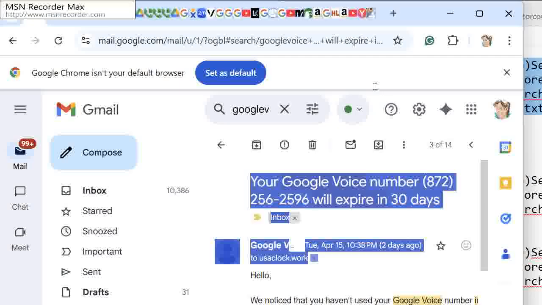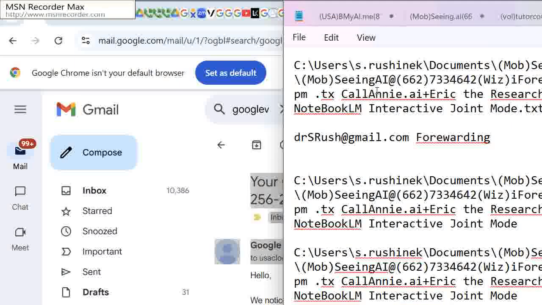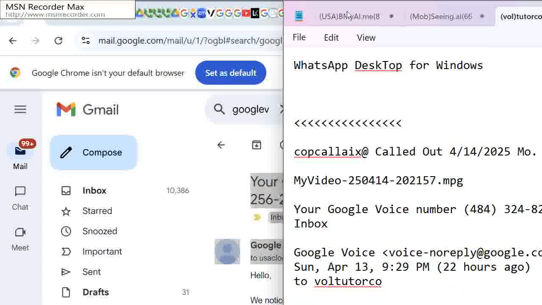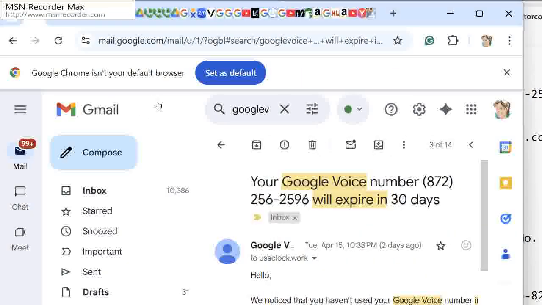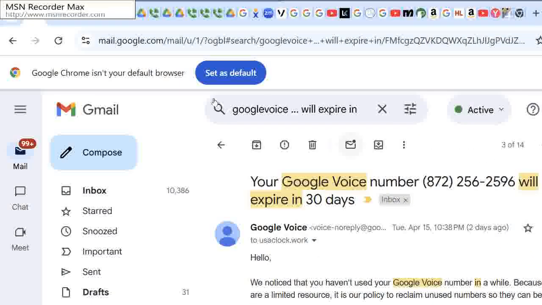Then pull out a file where I store the various calls and documents that I make. So this is a notepad file. Previously, I was dealing with the Vault Tutor Co account, and now I'm dealing with another account, which is usaclock.work. So I want to delete the message concerning the number that will expire because I'm going to make an outbound call. So I'm going to delete this message